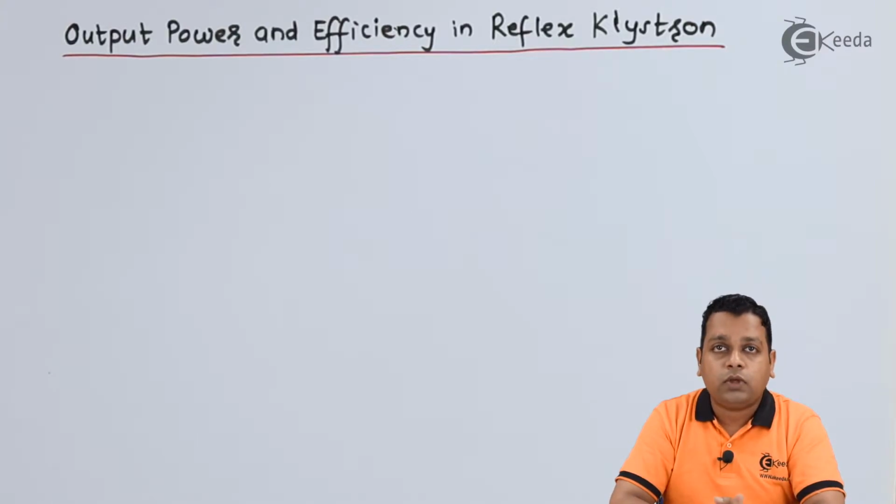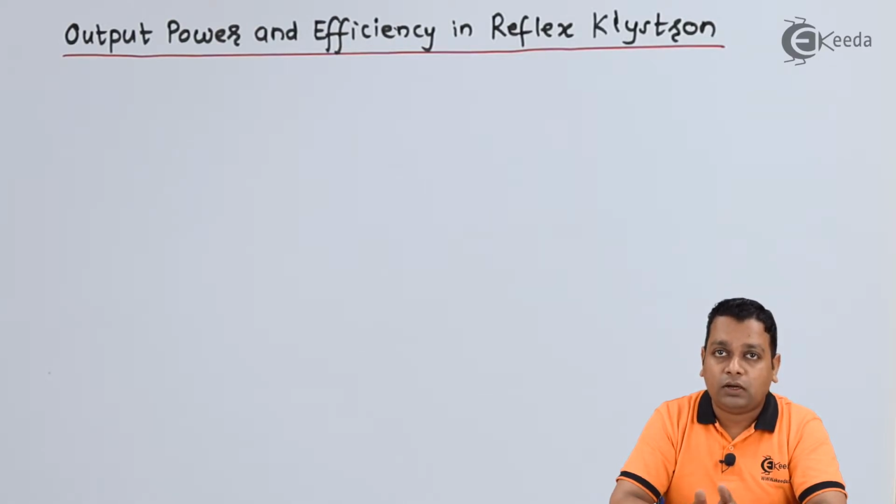For formulation of the output power, we consider that maximum output will be generated by the reflex klystron. So what is the situation in which the maximum output is generated? That is when the RF field associated with the gap spacing of the grids of the anode cavity is at the retarding phase. In that case, if the electron bunch is arriving at the gap spacing, the maximum output can be